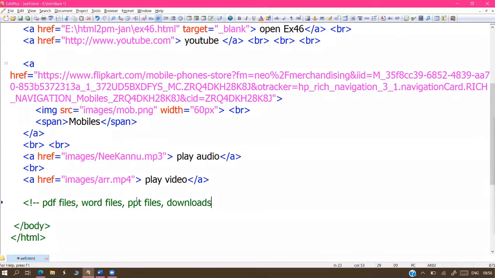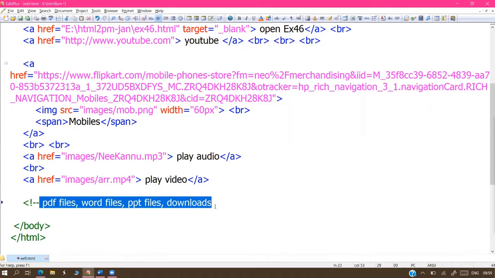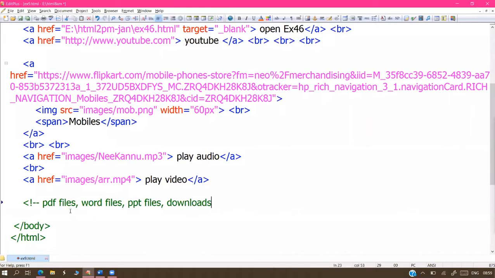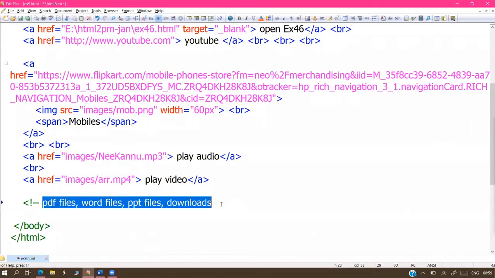Maybe recently you downloaded some HTML editor, I think for practicing programs. At the time of downloading, you are clicking on a hyperlink only. Same, just write the file names clearly here. But all these files should be maintained inside your project folder only, not somewhere else. Remember that. Maintaining outside is not a good choice. You should maintain all these files inside your project folder only.